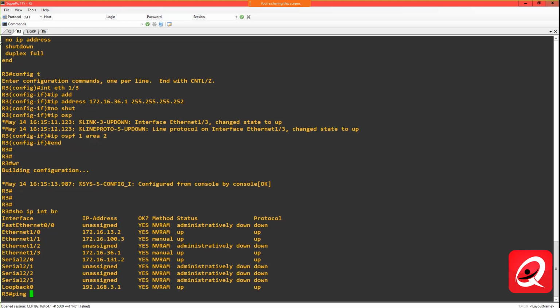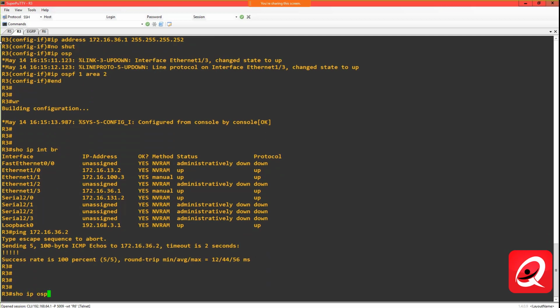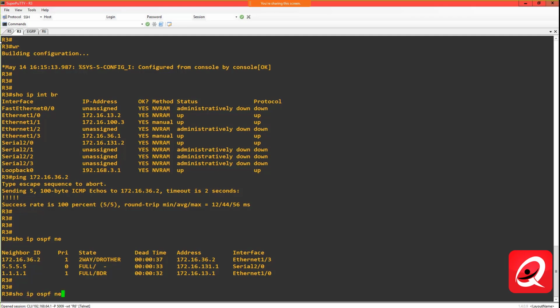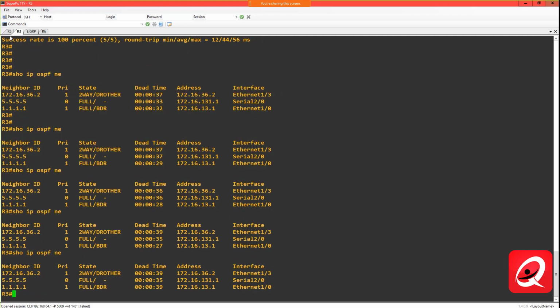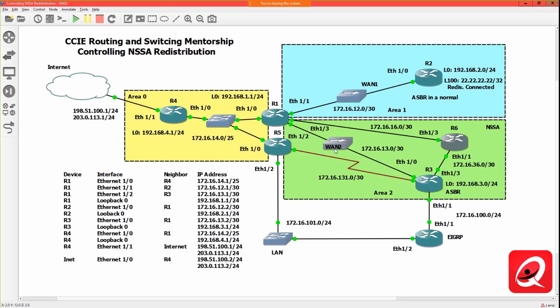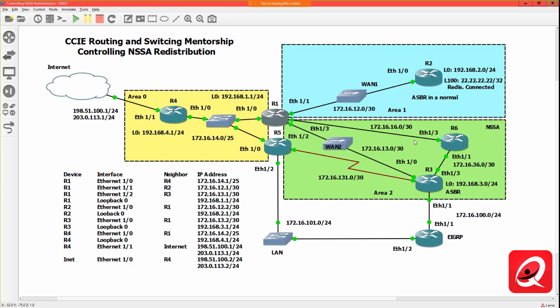36.1, let me do a ping to 172.16.36.2. Okay. Show IP OSPF neighbor. Yep, we're presently going through the negotiation, so that should come up eventually. And let's see our topology here. It looks like this link was already original, this link was original, so let's go into router 1 and make sure that we've got